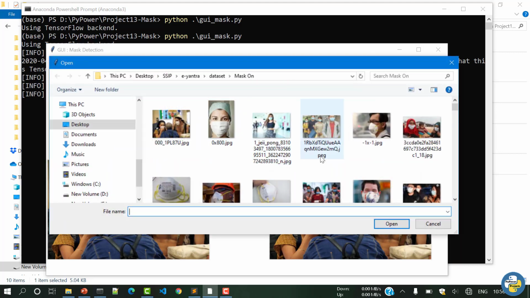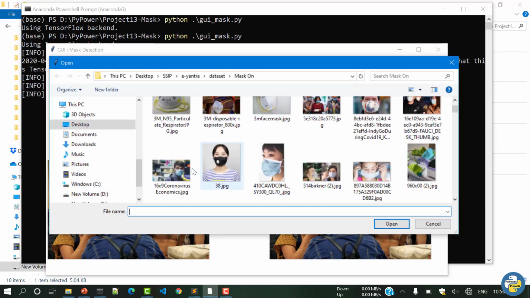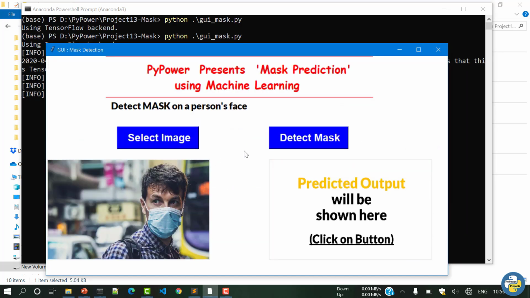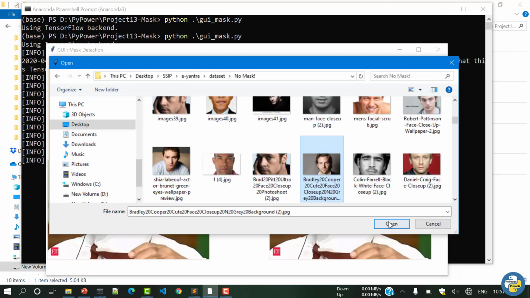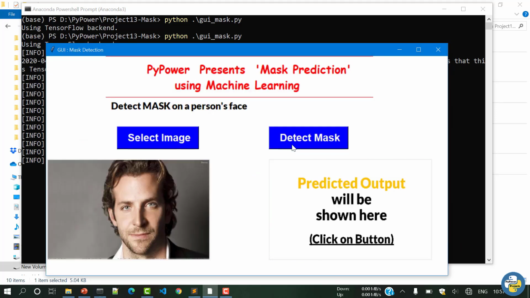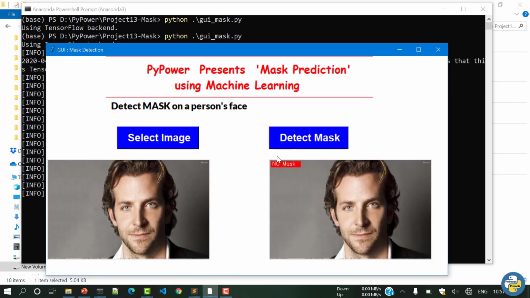Let's select a different image. Here also it is mask on. Here you can see that as the person is not wearing the mask, it is predicting no mask.